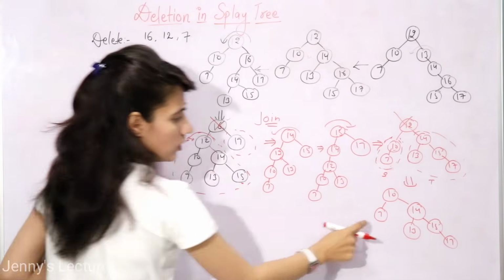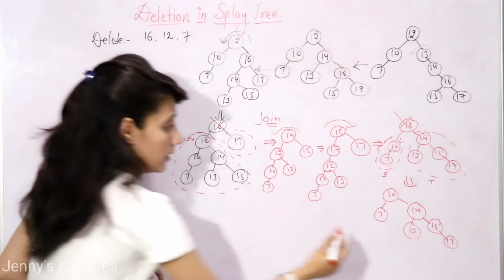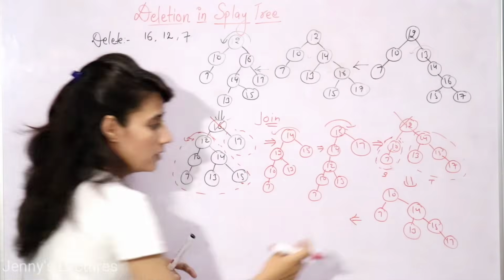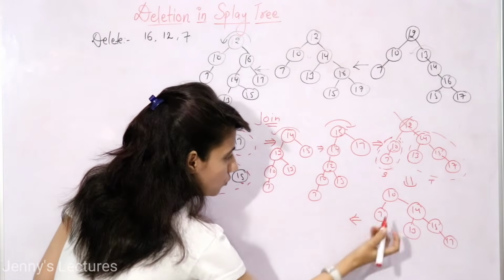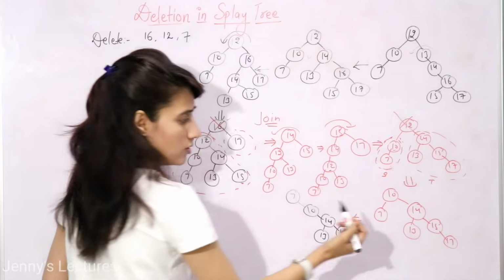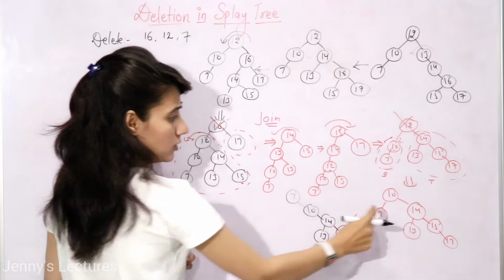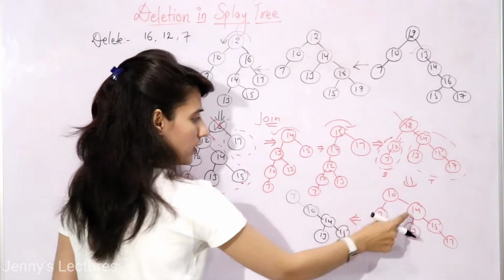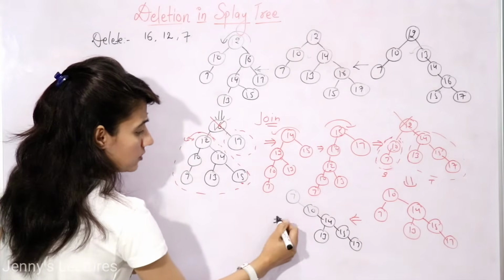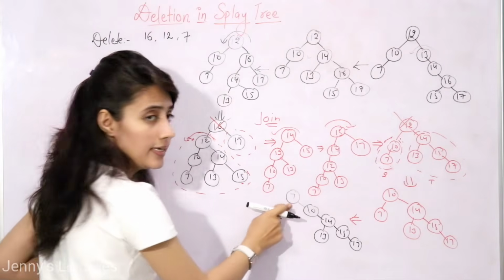Now suppose I want to delete 7, right? Now find where is 7. Here we got 7. Now splay this tree, make the 7 as root. So now the tree would be, see here the parent of 7 is root only, so this is a zig rotation. Now 7 is to the left of 10, so we will do right rotation. So after one right rotation, the tree would be something like this. Now 7 is the root, so now you can delete this 7.